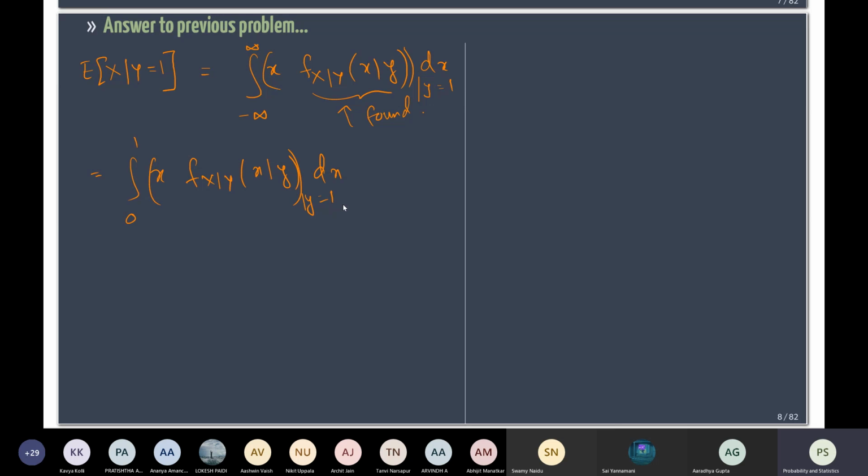Okay, so here in place of y, you have to put 1, and then it becomes a function of x, and then you integrate in the range 0 to 1. If we would have gone further and simplified this, then the conditional of x given y would have come out to be 3x square plus